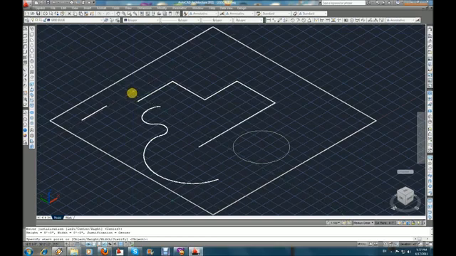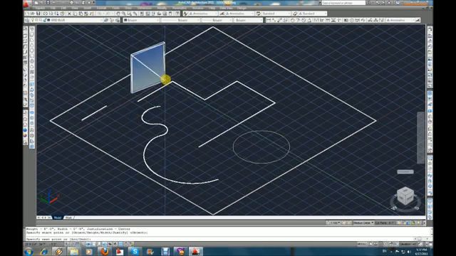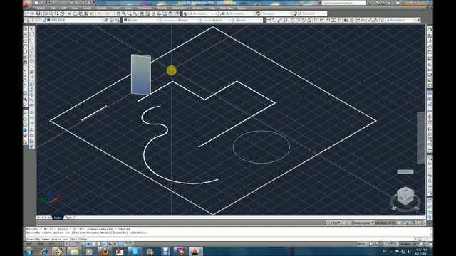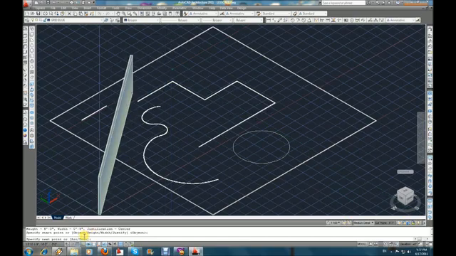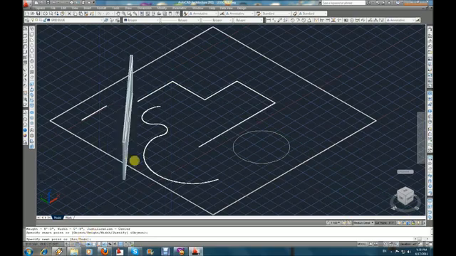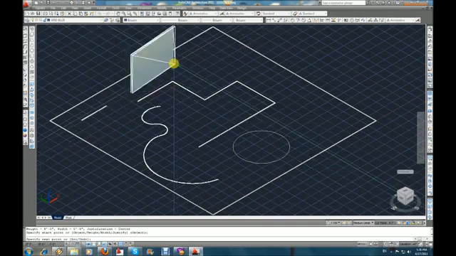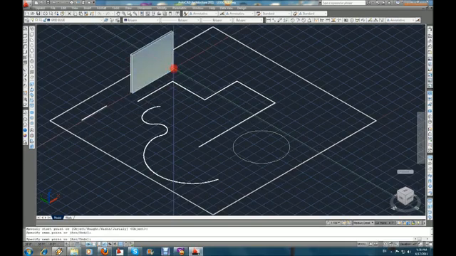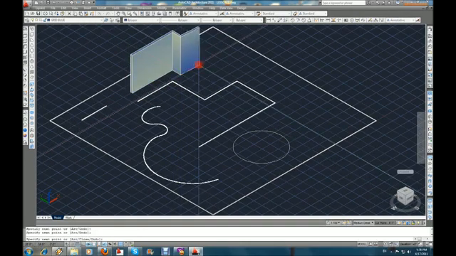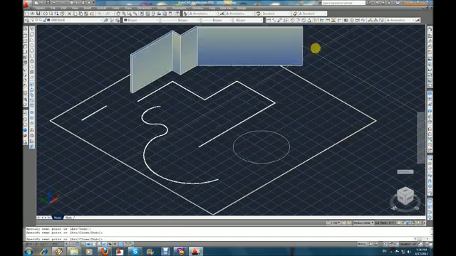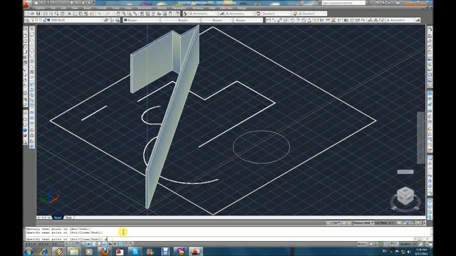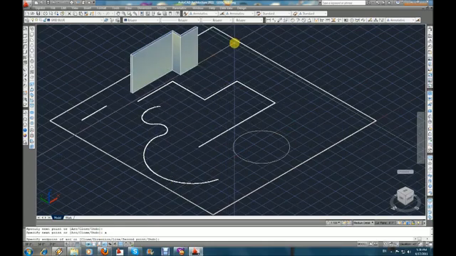Click on any point that you want on your drawing and start drawing. When you click the first point, at the command line, if you look at it, it gives you arc or undo. If you don't type in anything, you can just continue drawing your line. If at the command line you type in A for arc,